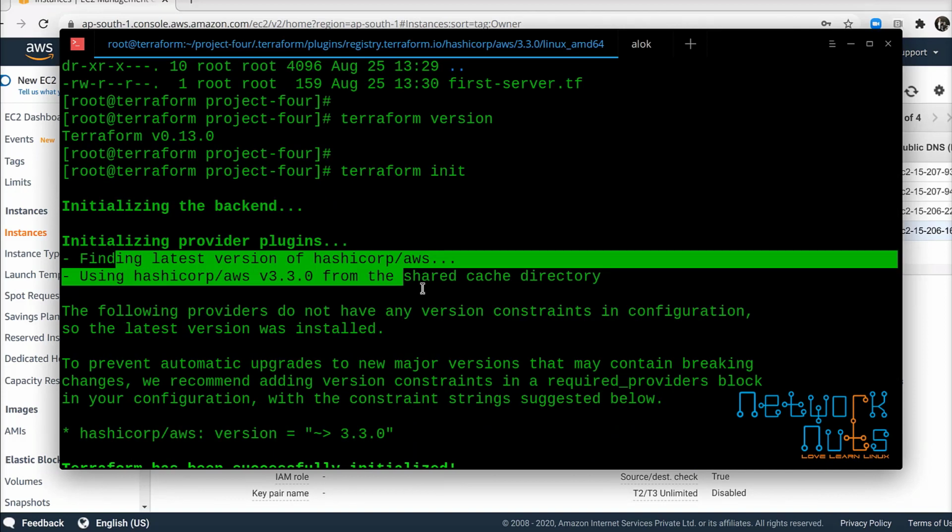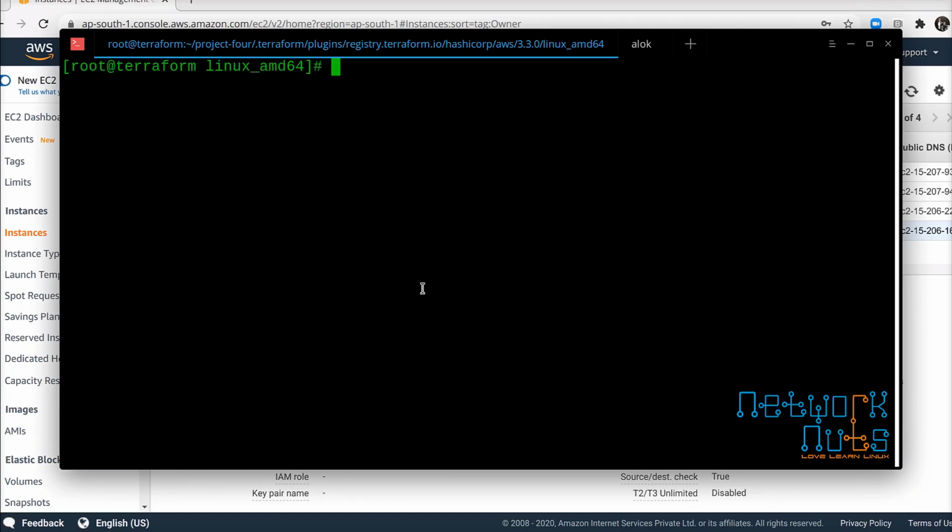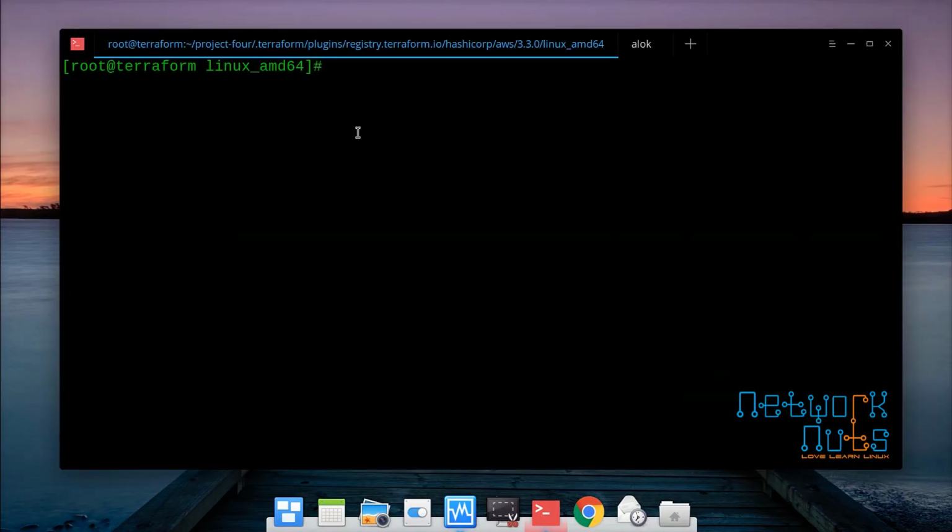So you should always enable the cache in Terraform if you have multiple projects and you don't want Terraform to download the providers for every directory. It will automatically copy it from the cache into your folder where the .terraform folder is. So that is how you can save your disk space and save your time. That is all I wanted to share. That is all for this video, and this is a very important exam topic also, right?